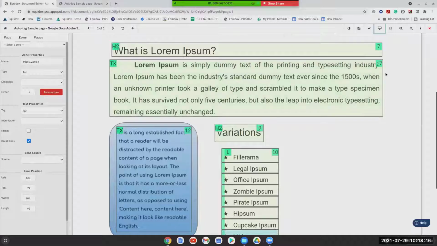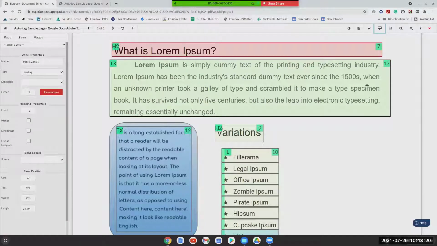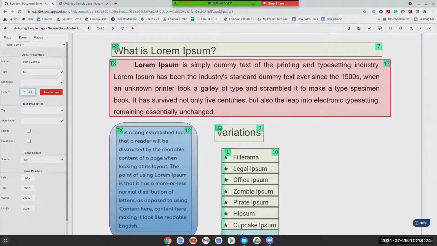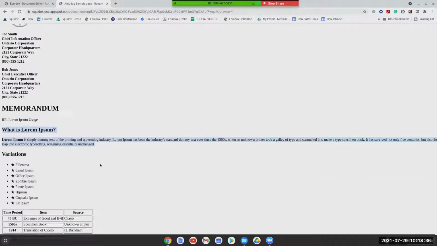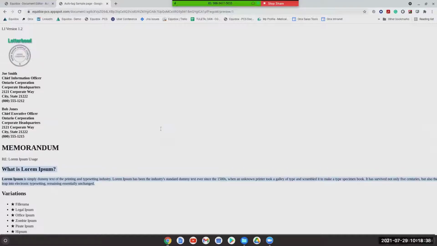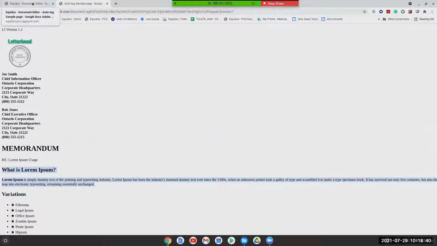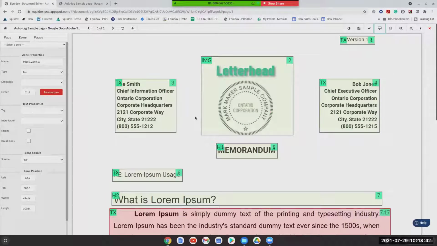This is right now reading zone 17, and I need it to come right after reading zone 7. So what I'll do to fix this is if I just put a 7 and a period in front of the 17, that will make it 7.17. And now I can actually line up the reading order using the decimal system. So it will be read in the exact order that I expect. And this page is pretty much good to go. There's really nothing else that I need to consider here. So once I'm satisfied with that page, I can save it and close out.